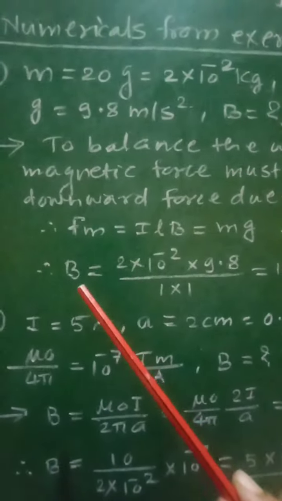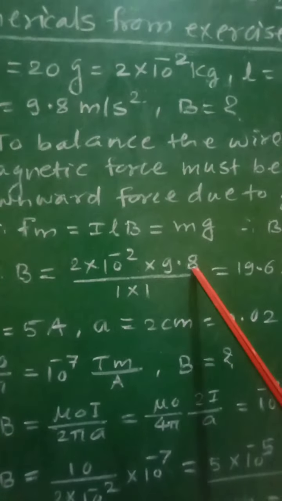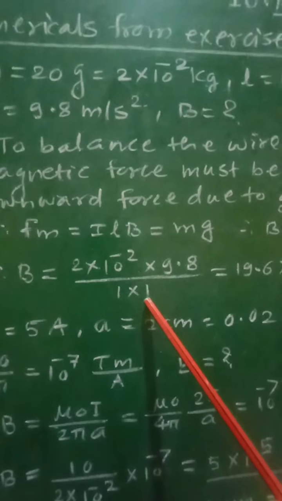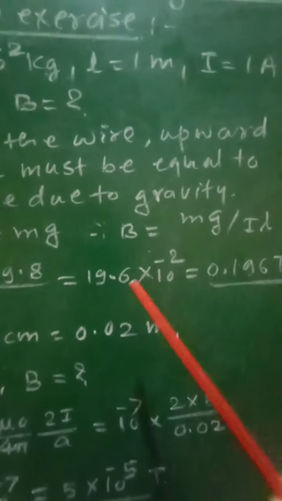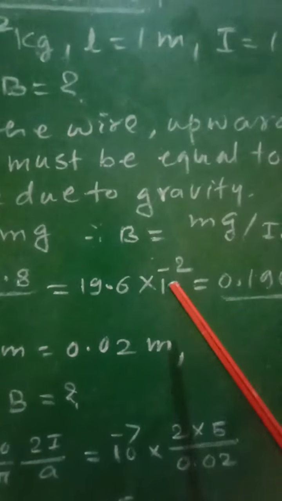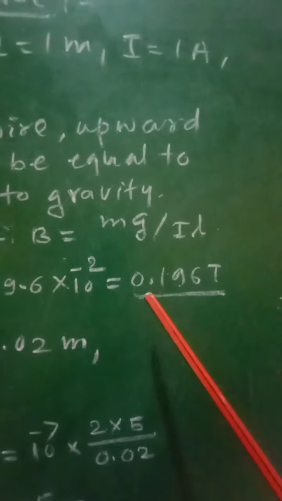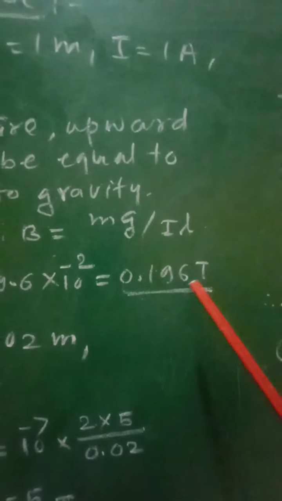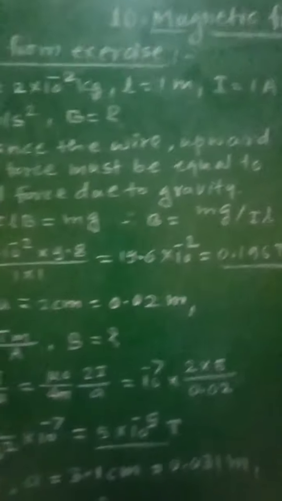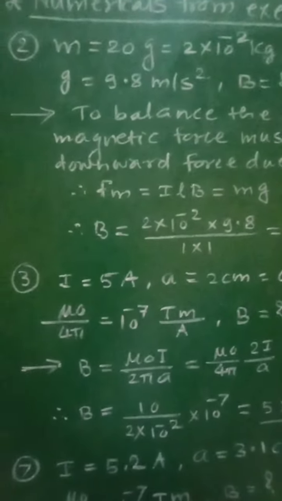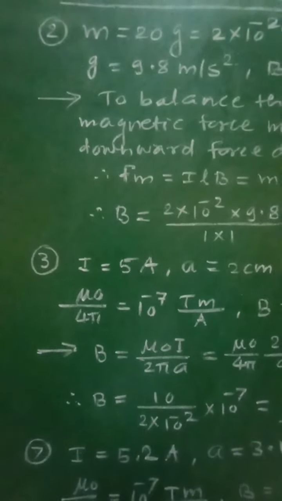Putting the values, we will get B equal to 2 into 10 raised to minus 2 into 9.8 divided by 1 into 1, which comes out to be 19.6 into 10 raised to minus 2, which will be equal to 0.196 Tesla. This will be the required value of magnetic field. Then let us go for the next numerical, that is numerical number 3, which is given as